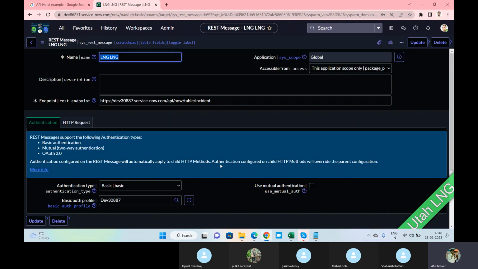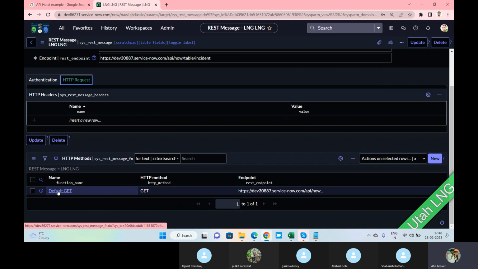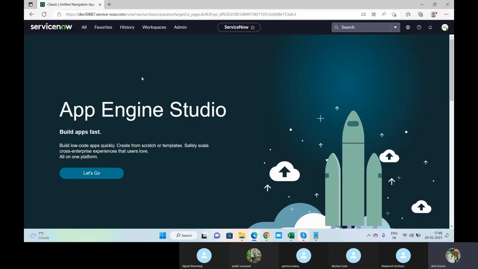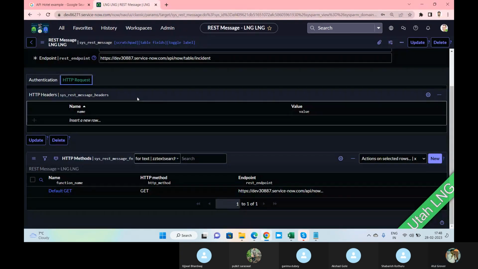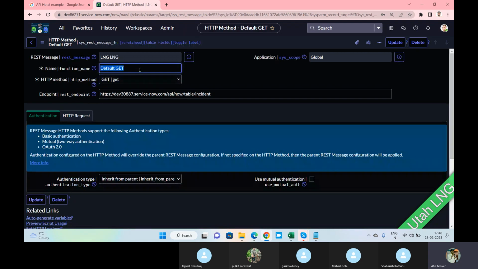Now let's go to the HTTP request. By default, I have a GET method. Get means go and bring the data from here. But I want to send something from here. So I will go to the method and click on new, or I can click on this as well, and change it to the POST method.